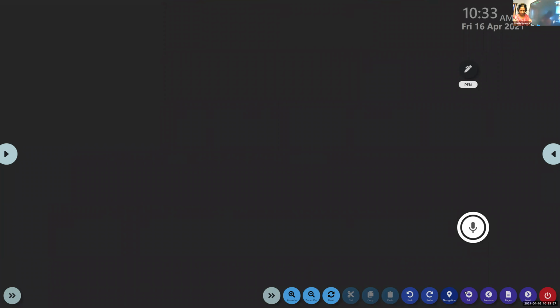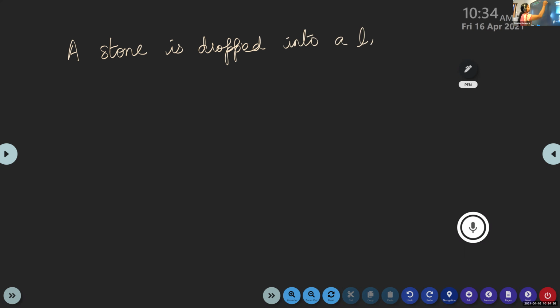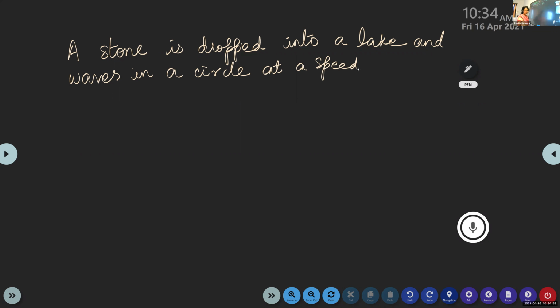Write the next question. A stone is dropped into a lake, and waves move in a circle at a speed of